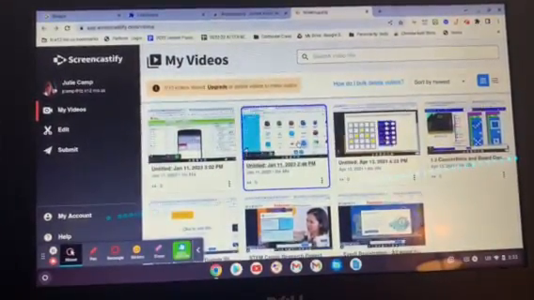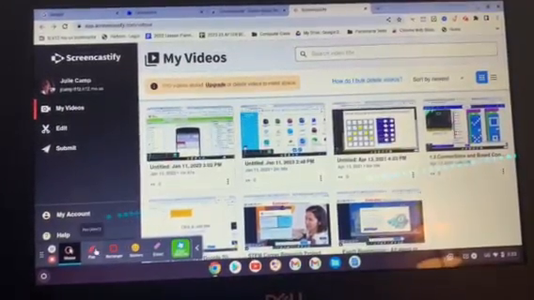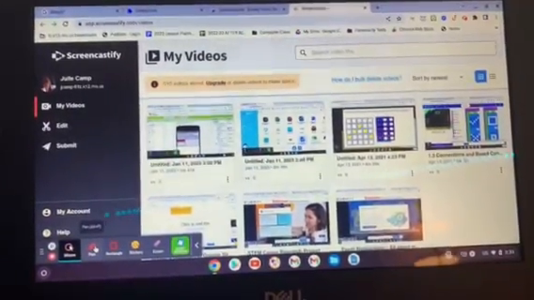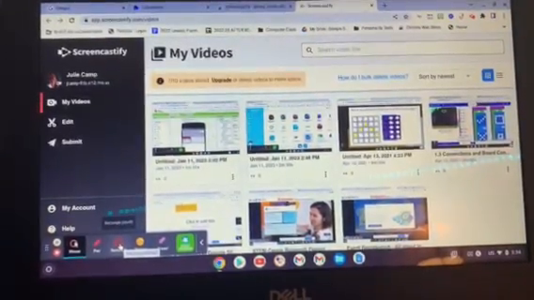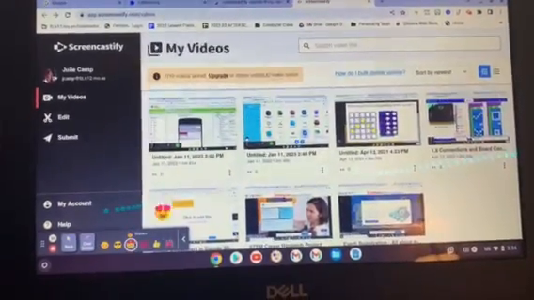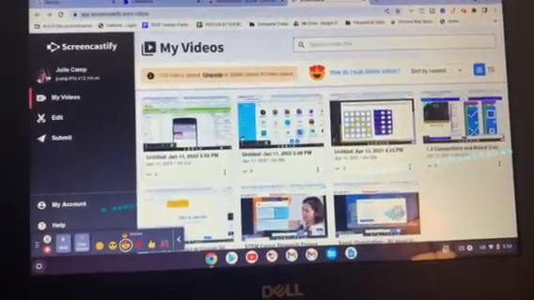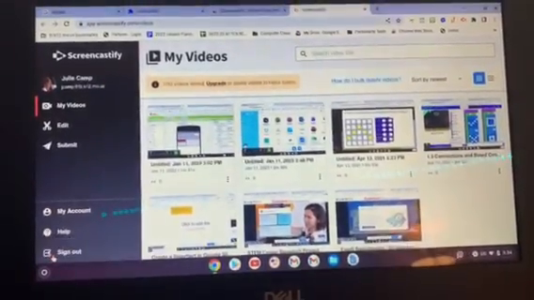It's recording right now. If I want to write on it, I would choose a pen. If I want to put a rectangle around something, I would choose rectangle. Here's some stickers, okay? There we go. All right, so I'm gonna stop it, and my screen's gonna pop up to show me the